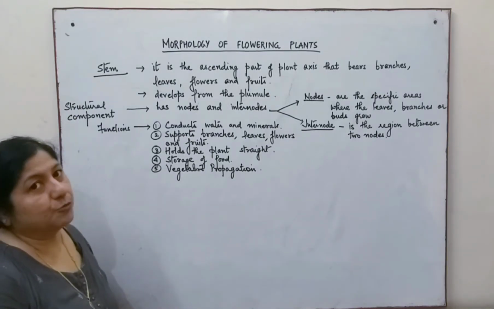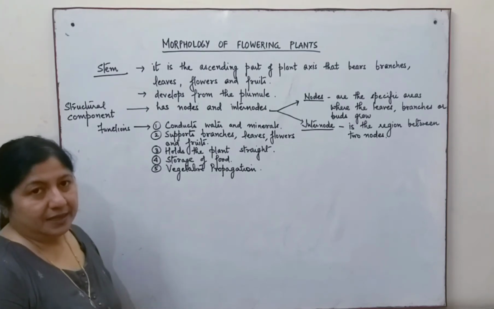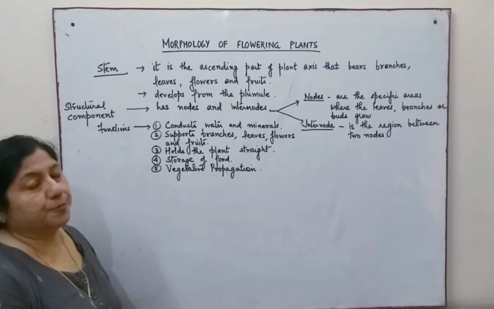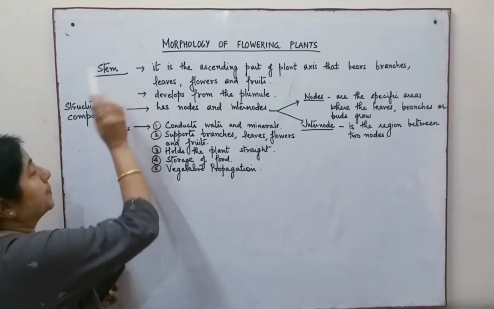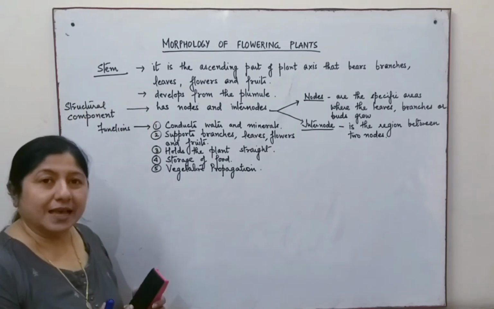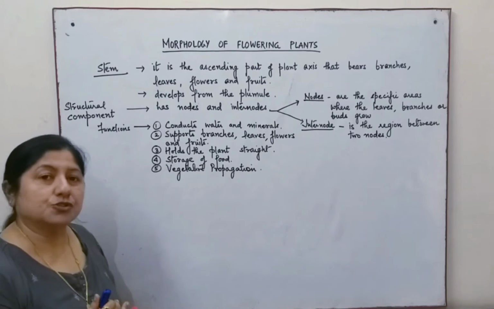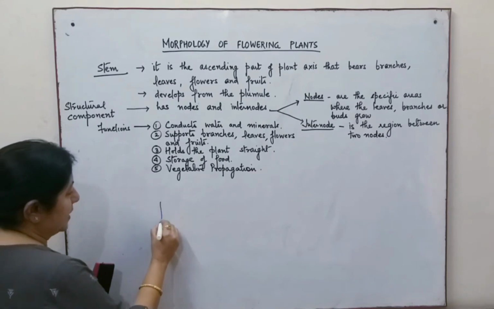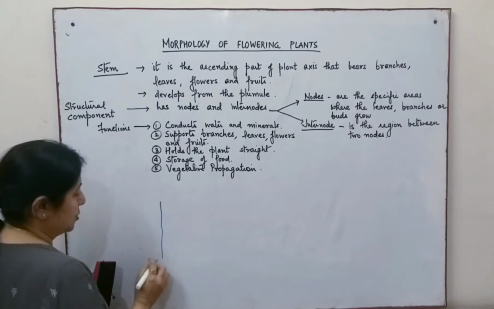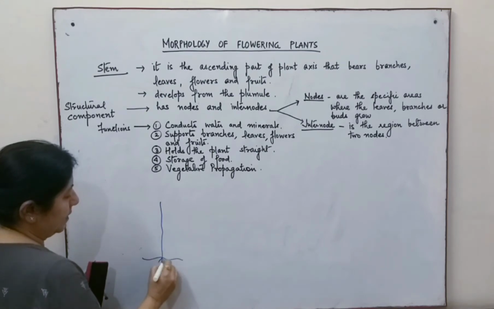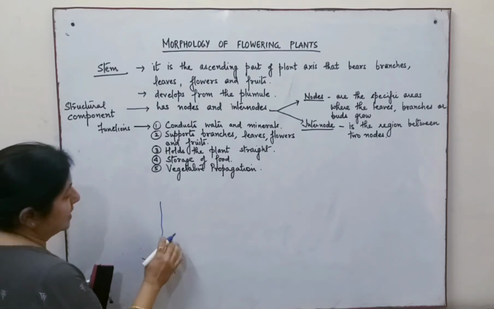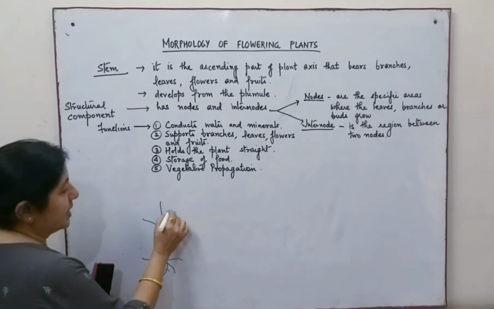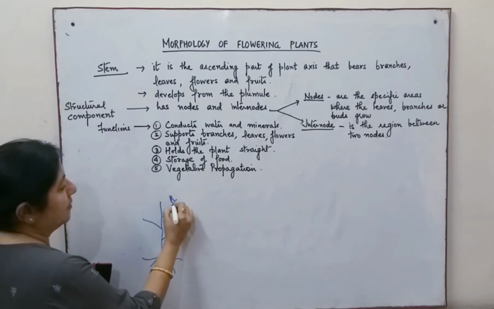Continuing with the chapter Morphology of the Flowering Plants. We are going to talk in this video about another important part of a plant, which is known as the stem. The stem is the ascending part of the plant axis, and it bears the branches. These branches will have the leaves,